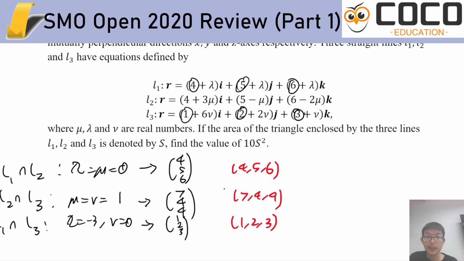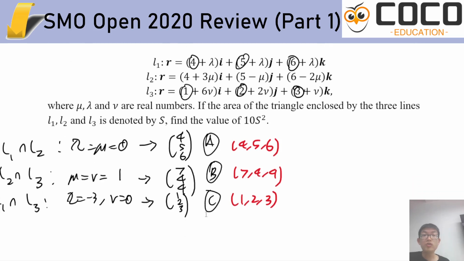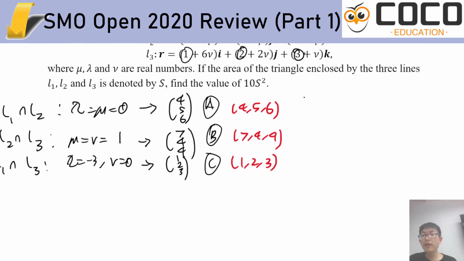I'm going to call these points A, B, and C. And so if you were to do it without vectors, what you can do is just to get the lengths of AB, AC, and BC